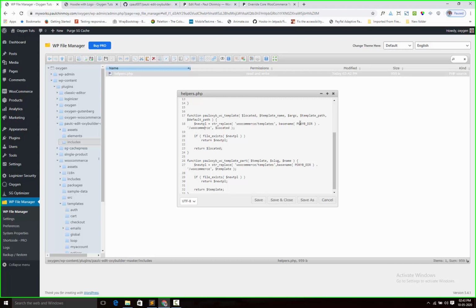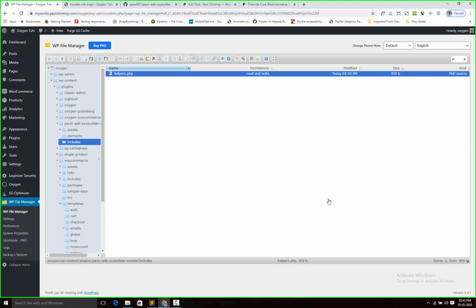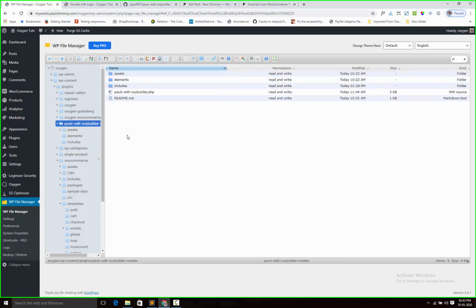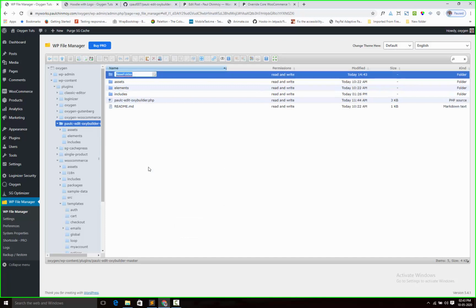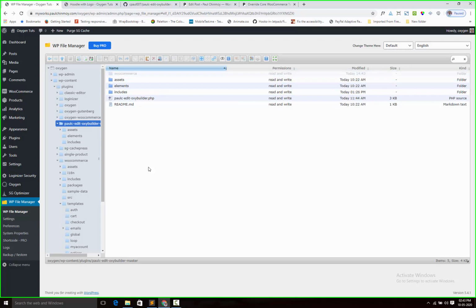So in my plugin's folder I will create a WooCommerce folder, and in this WooCommerce folder I will put all my template files. So closing this file. Right now my folder has no WooCommerce folder. I will create one, WooCommerce.